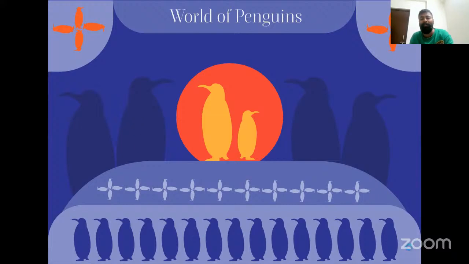Then there are a few penguins in a line, a few penguins in a particular radial manner, with changes of color, size, orientation, and placements. This creates a good looking composition with one element. And yeah, that's how you crack the second kind of question, which is having one element and creating a